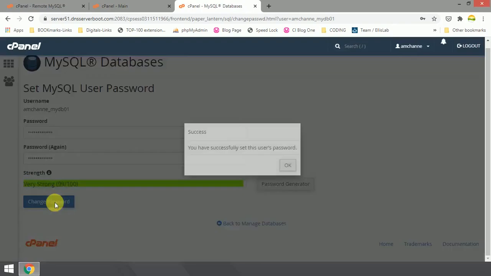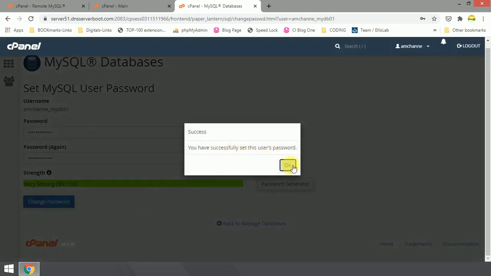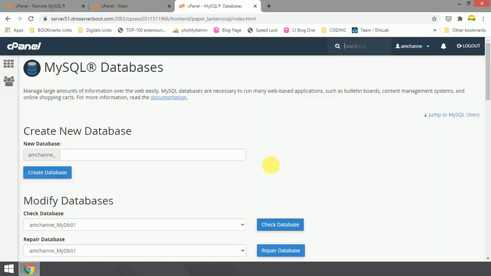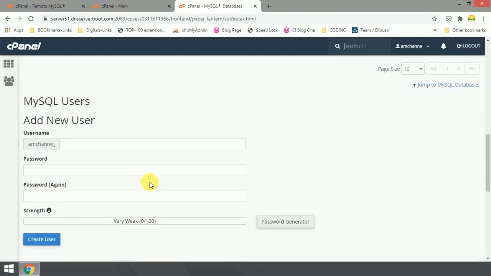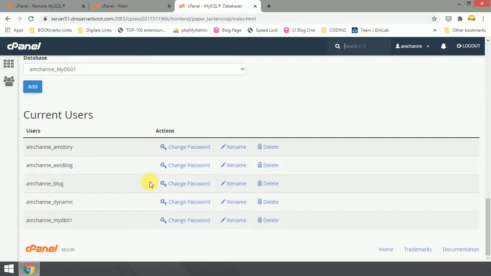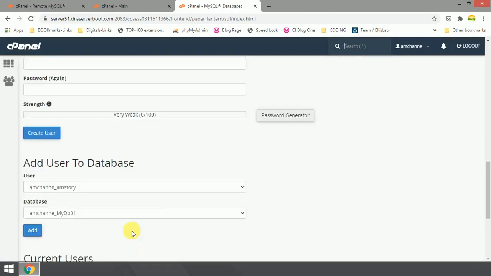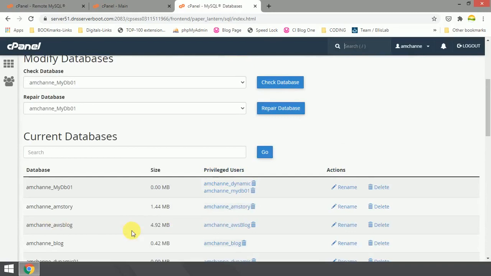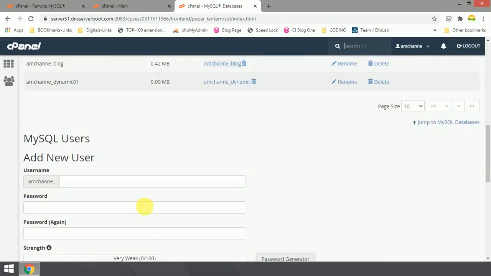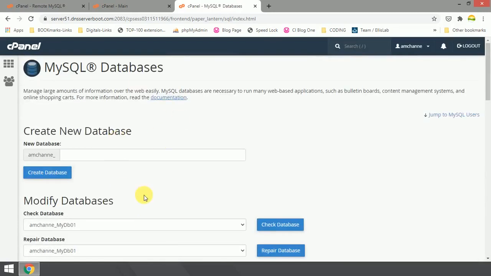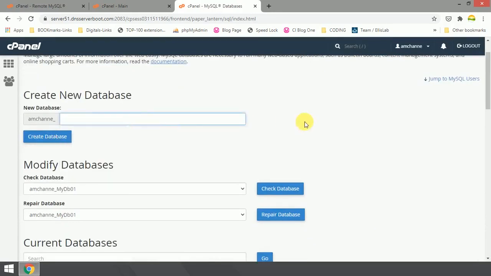Click on change password. You have successfully set this user's password. Now whenever you have not remembered the password of any user, you can change it from here itself, and you can assign any user to any database from this MySQL databases section, or you can create a new database from here itself.